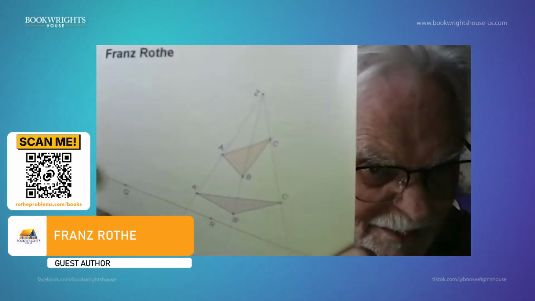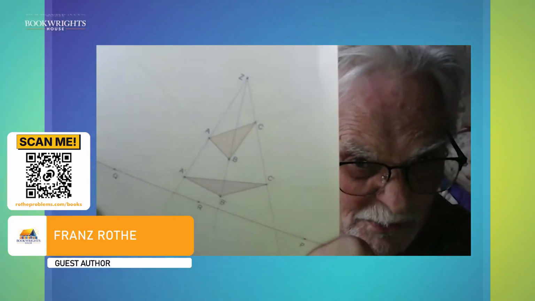And if you extend the sides of the triangles, you get three intersection points, and the three intersection points lie on one line, this line down there. One of the two assumptions would now imply the other one, and vice versa. That is not following directly from the axioms of incidence,